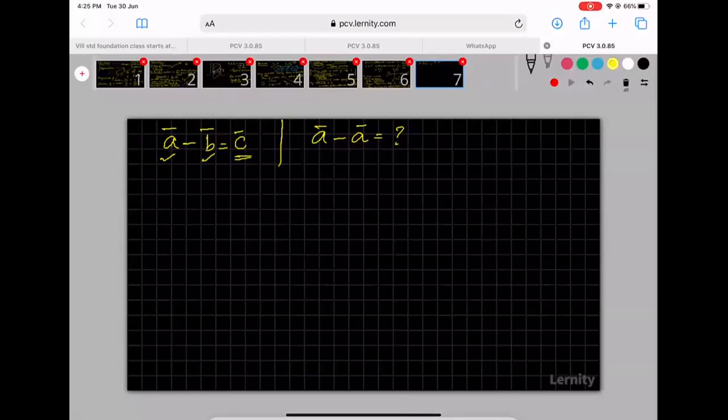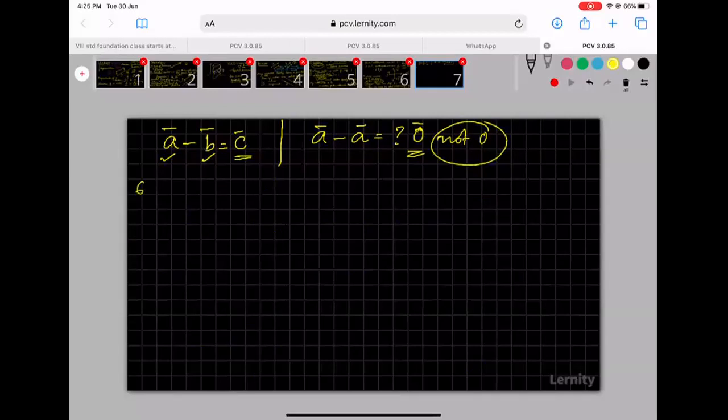But if you subtract a bar from a bar, and if you say the answer is 0, 0 is a scalar. That kind of contradicts the definition of algebra of vectors. Vector subtracting from a vector should give you another vector quantity only. But a bar minus a bar equal to 0 would be a contradictory statement. Just to make sure the statement is correct according to the definition, you say 0 bar. Instead of saying it's 0, you say 0 bar. It is not a simple 0. A bar minus a bar is equal to 0 bar, not a simple 0. So mostly the purpose of zero vector is in such conditions only, just to make sure the definitions are correct. That's all. So that was the 5th one.